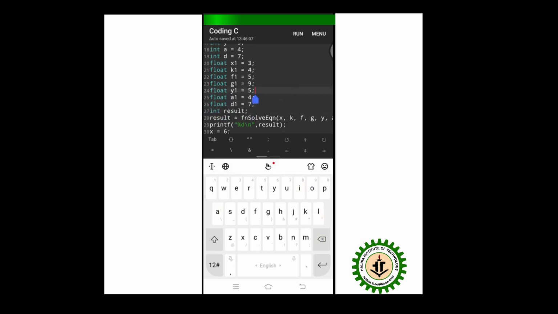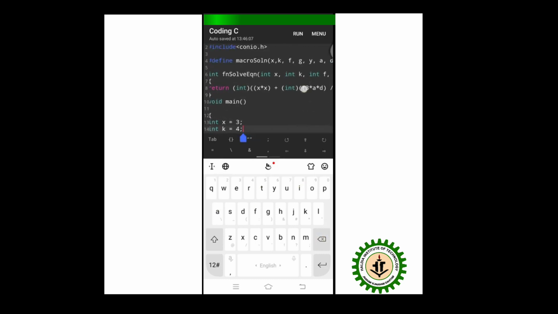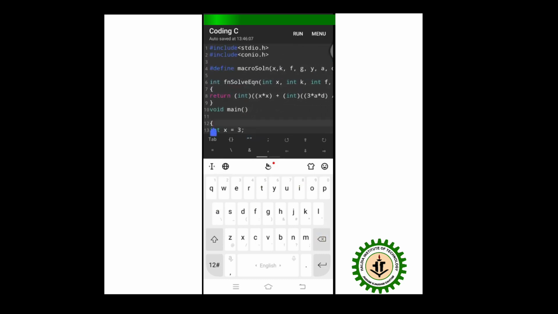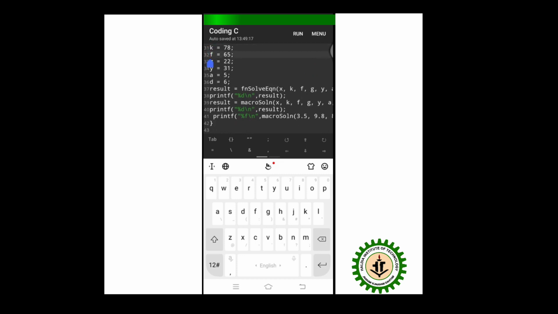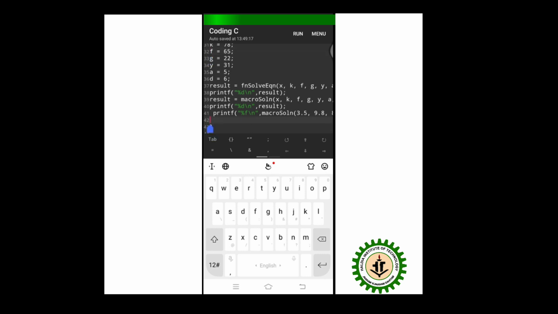See how the text replacement actually works. Up here it is x, k, f, g, y, a. Here we have created x1, k1, f1, g1, y1, a1, d1. These are all floats. They're not even integers. In case you are using the fn solve equation function, obviously you wouldn't be able to do it because it is only taking integers, not floats. But in case of the macro, see,